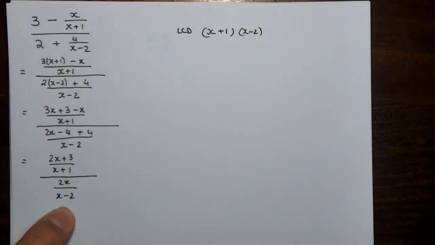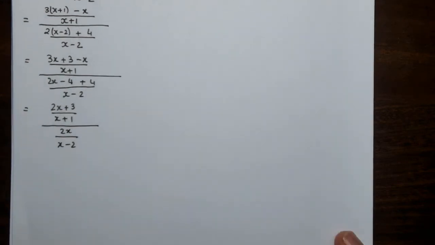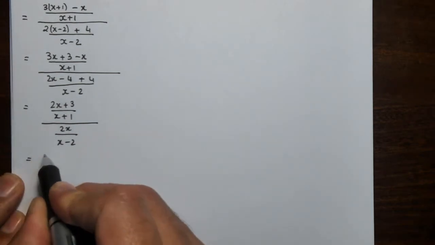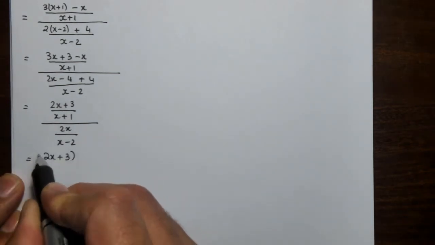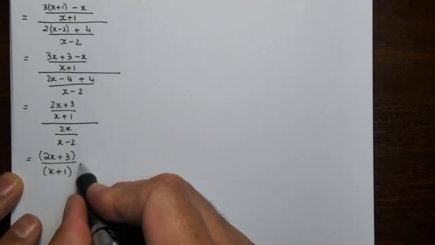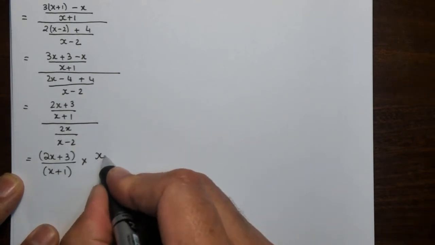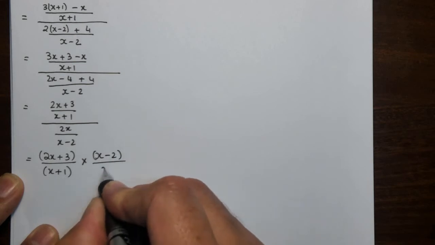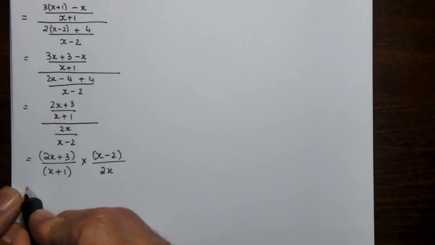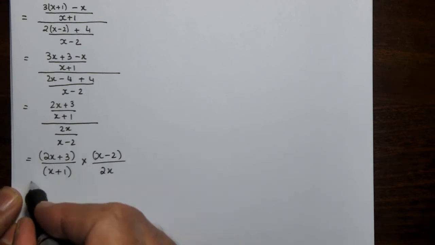And now only am I in a position to do what you guys call tip and times. I really don't like those words, but that's what we call it. Okay, so we get 2x plus 3 over the x plus 1. Now you'll see I'm putting things in brackets here. So I'm going to tip this on its head. In other words, I'm reciprocating it, and I'm going to multiply by it. Okay, so my final result here is going to be the product of those two, but it's written in that